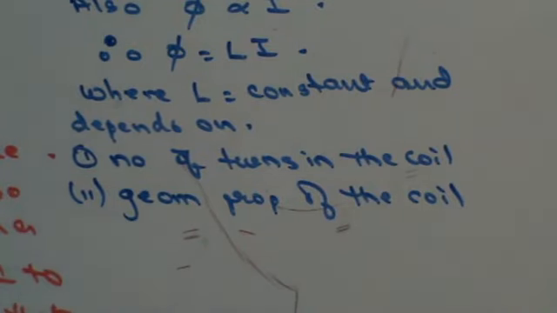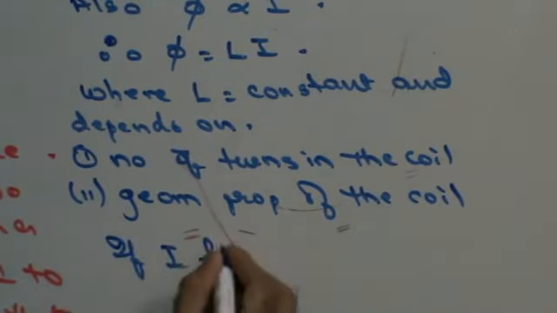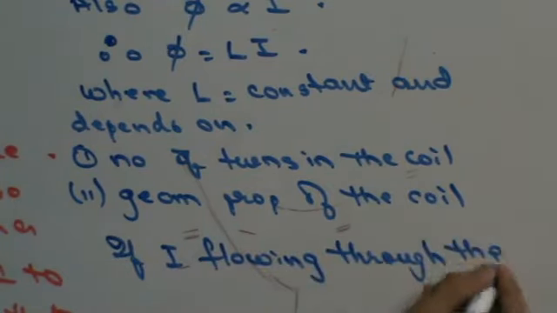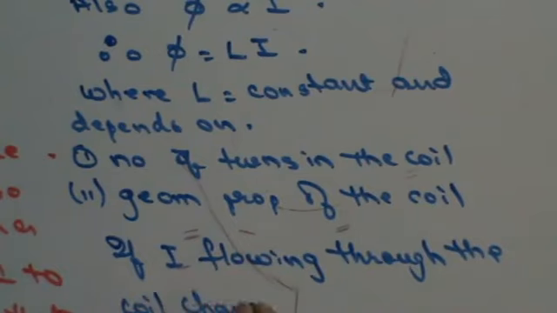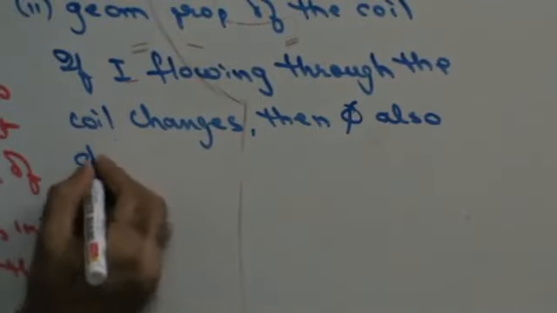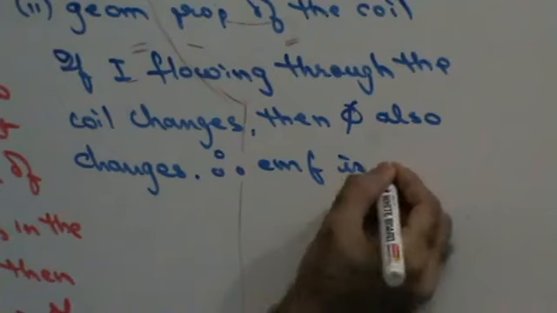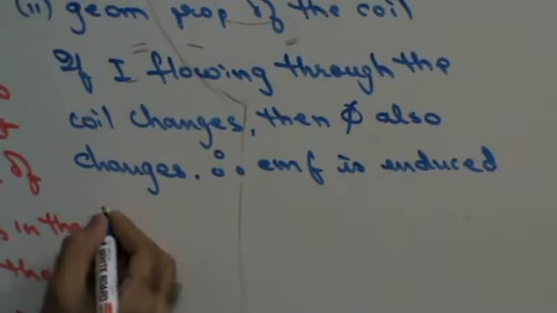Now, if current flowing through the coil changes, the magnetic flux will also change, and a changing magnetic flux induces an EMF. If current flowing through the coil changes, then flux is linked to current. If current changes, then flux also changes, and a changing flux produces EMF. I can say therefore EMF is induced in the coil,